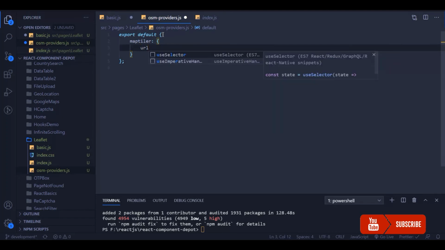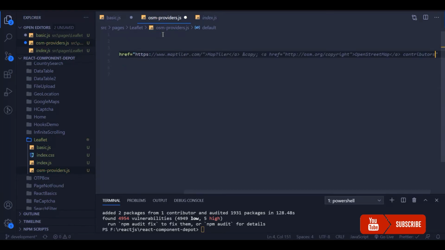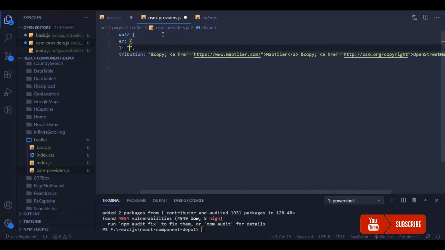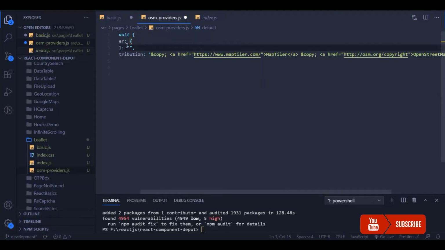I might use multiple OSM providers, so it is always better to have a config file for that. From this I'm going to return my MapTiler URL that we just copied from the MapTiler website, and also we can add attribution here. I'm going to copy this URL once again and place it there.